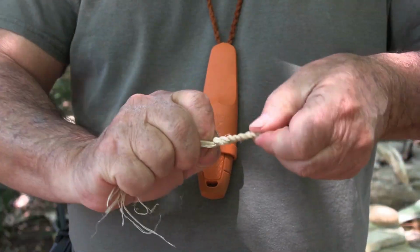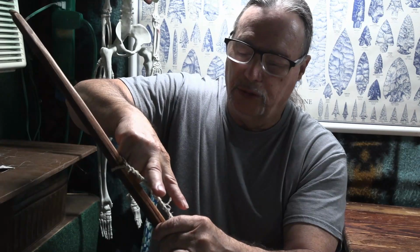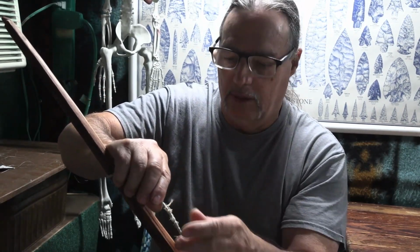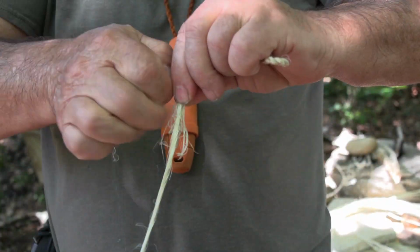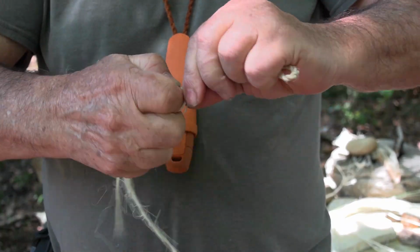And man, this fiber looks like sinew. It's so clean and pretty, and it twists up so nicely. So I twisted my loop first out of sinew, and then when I got down here, you've got two strands of bundles of fibers, and I just replaced the sinew with yucca and just kept twisting. I knew it would work because I'd already experimented with it. So I made the string,